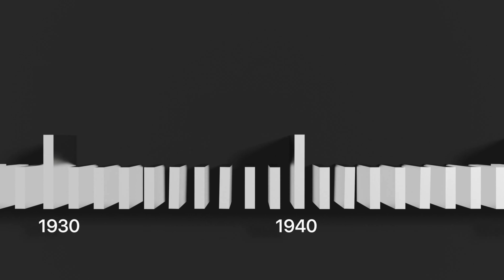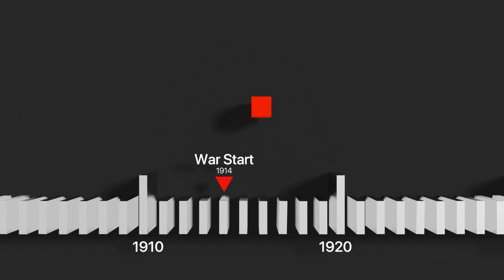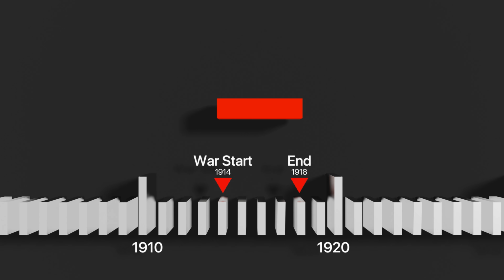World War I took place over 100 years ago and is often overlooked by the much more destructive and violent World War II. This video will look back and tally up the enormous loss of life caused by the First War. We'll be counting soldiers and civilians separately. One domino will represent 1,000 lives.